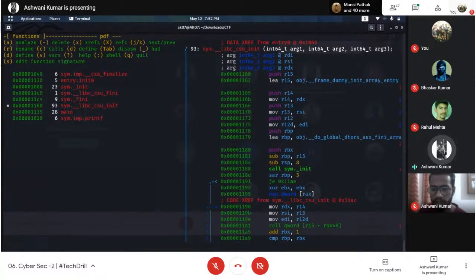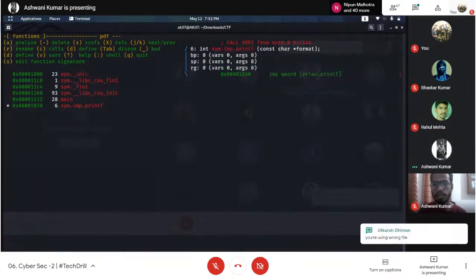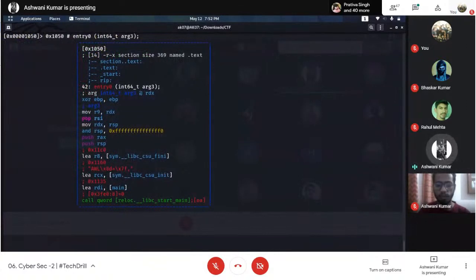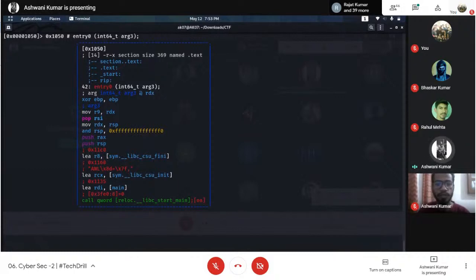I will take out the well-written code so that I can decompile that before you. Maybe it's not working right now, I have to find that. So basically you can go with this. Either you can go with a debugger, maybe. So you are using the wrong file maybe. So either you can go using a debugger, maybe the GNU debugger, that is GDB. You can go for that.